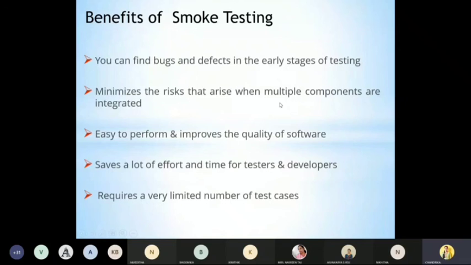It is also easy to perform, improves the quality of the software, saves a lot of effort and time for testers and developers, and requires a very limited number of test cases. In smoke testing, it does not require a large number of test cases. So this is about the benefits of smoke testing.